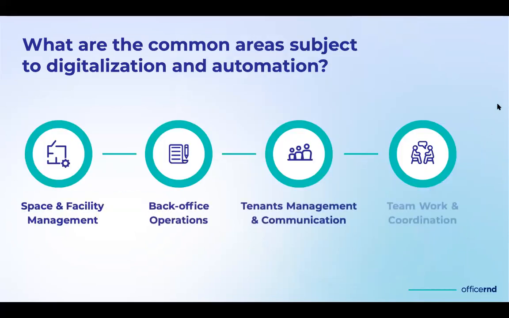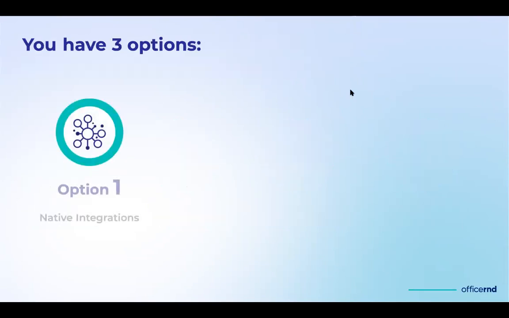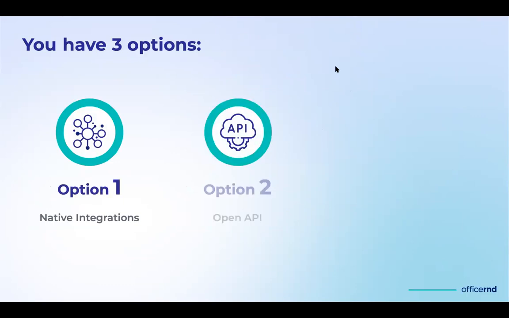In the flex space world, there are a few areas that are most commonly a focus of digitalization and automation. We have divided them in those 4 areas. So the first one is space and facility management, back office operations, tenants management and communication, and teamwork and collaboration. And in order to facilitate that,